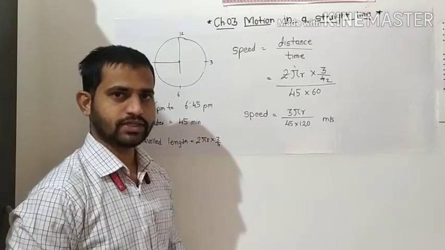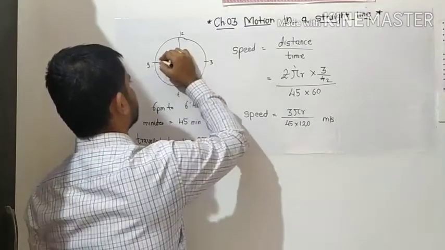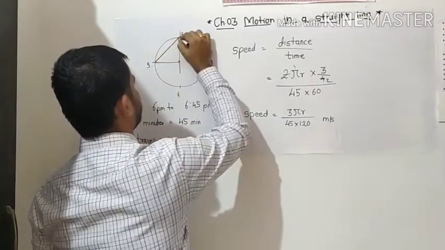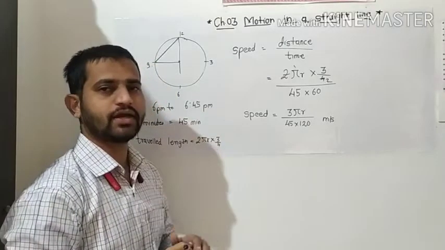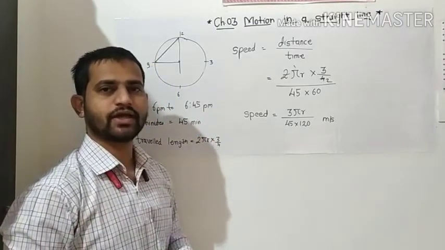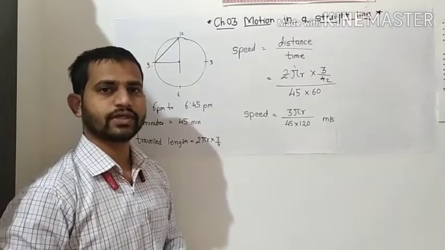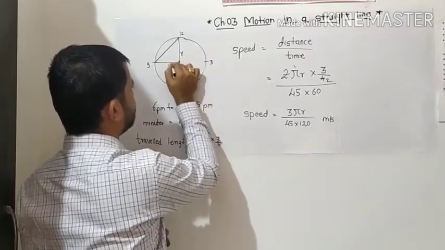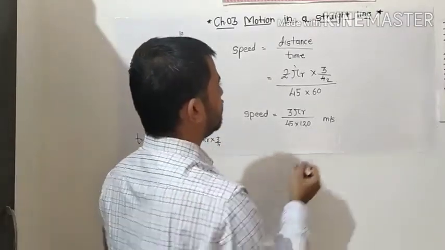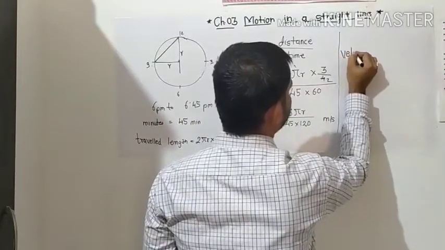So if we have to calculate the velocity, we have to consider this straight line distance, and after calculating it, we can go for the calculation of velocity. If this is the length r of the minute hand, and the other is r, then velocity will be equal to